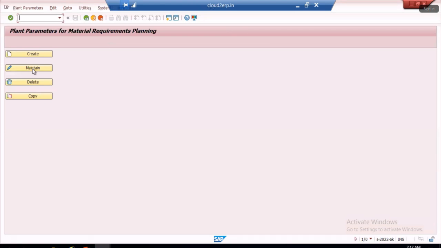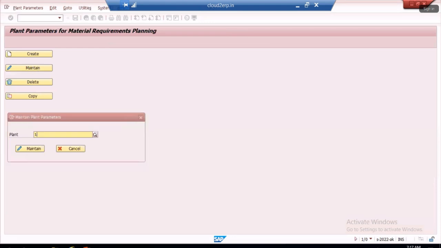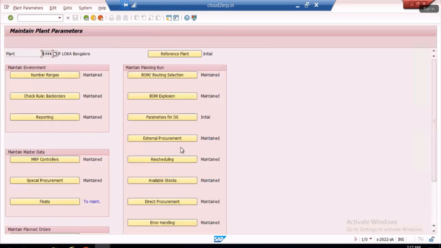So what is this plant parameter? This plant parameter is going to decide for a particular plant how we are going to run the MRP. If you configure this plant parameter, that means you have configured the complete MRP, because here you have all the things in the configuration list. These are all divided into different sections. So first thing,